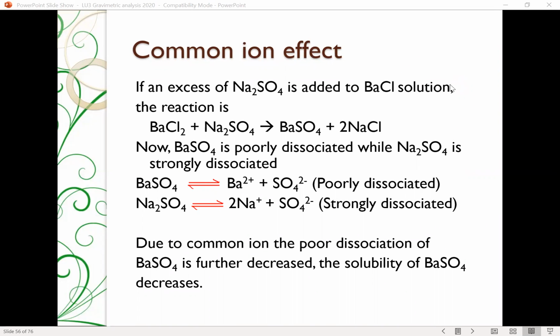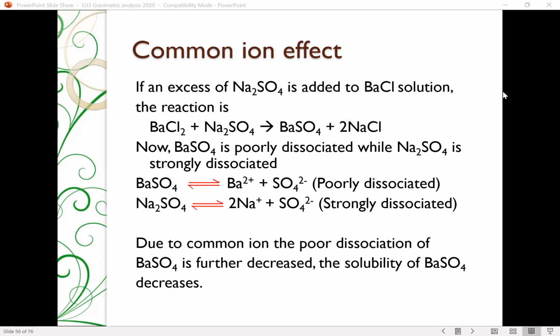Hi everyone, welcome to the last part of LU3, Learning Unit 3, which is Gravimetric Analysis. Today I'm going to share with you about the common ion effect and also volatilization gravimetry and some of the calculations involved in gravimetric analysis. Now, if an excess of sodium sulfate